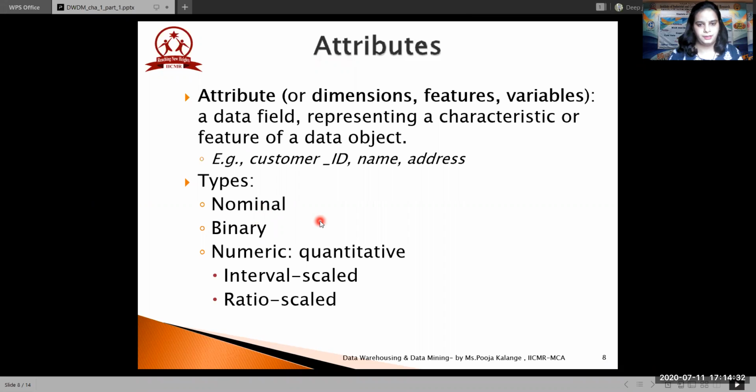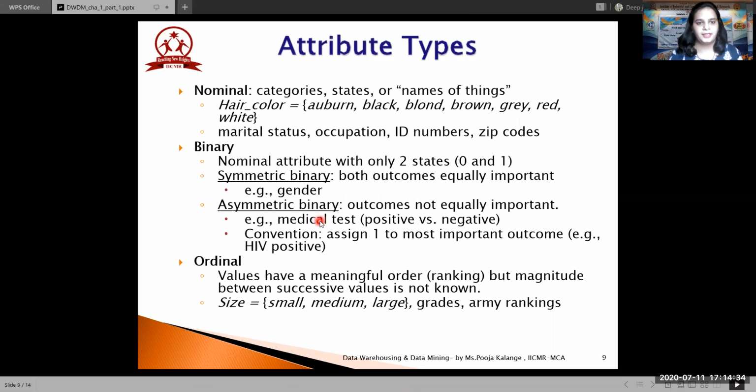Okay, just one minute. Okay, so a nominal attribute. Now nominal, you understand what is the meaning of nominal. Nominal is nothing but name, nomenclature. Like if you remember in your biology subjects, you have studied phylum and so on. So that is a name given to something.